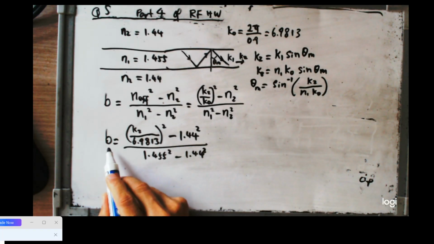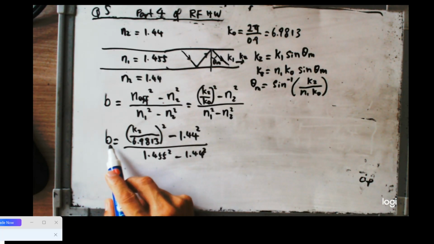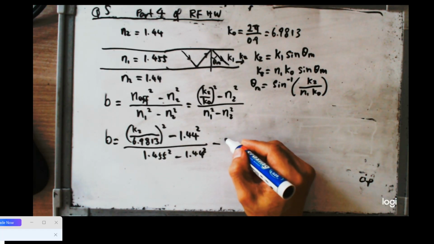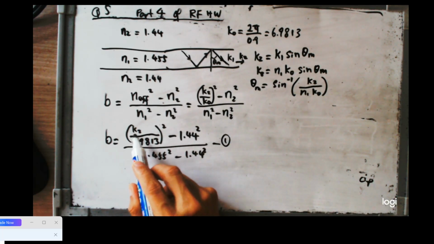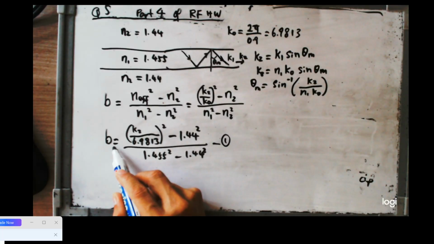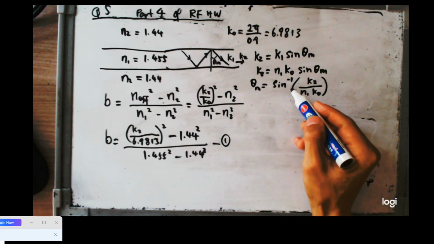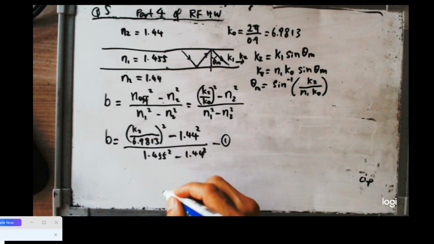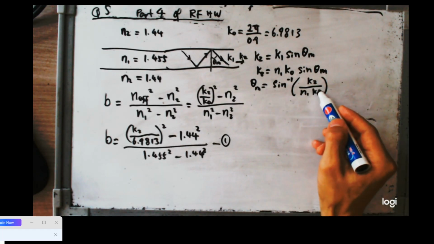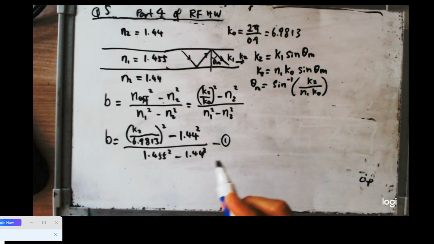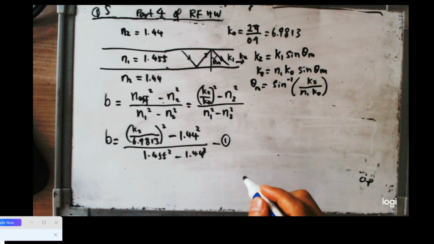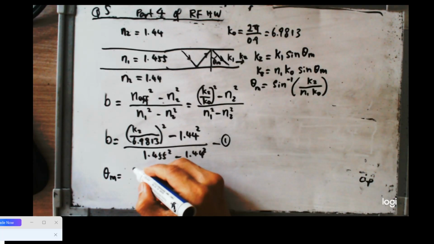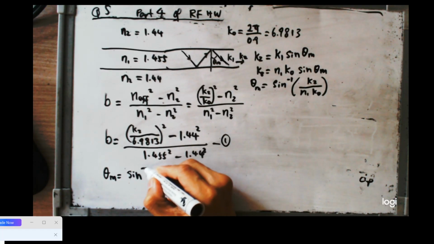So all we need to know is the variable b. With the variable b, we will have only one unknown in this equation. Say this is equation 1. You solve equation 1 according to the value of b. Okay, and then from here we will use theta m to work out. We'll use this formula to work out theta m. Theta m, according to here, is sine minus 1,